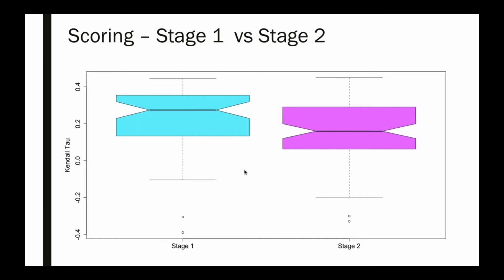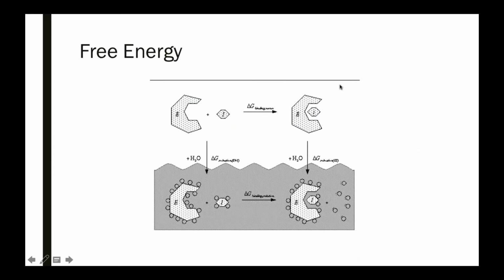And you can see that it's interesting that it appears, at least from the plot, that the stage 2 submissions performed more poorly than the stage 1 submissions. But this is actually a bit of an illusion. If we look, we can see that it was simply the fact that a lot more people submitted for stage 2 versus stage 1. So, it looks like our predictions in both cases topped out around a Kendall tau of about 0.5.